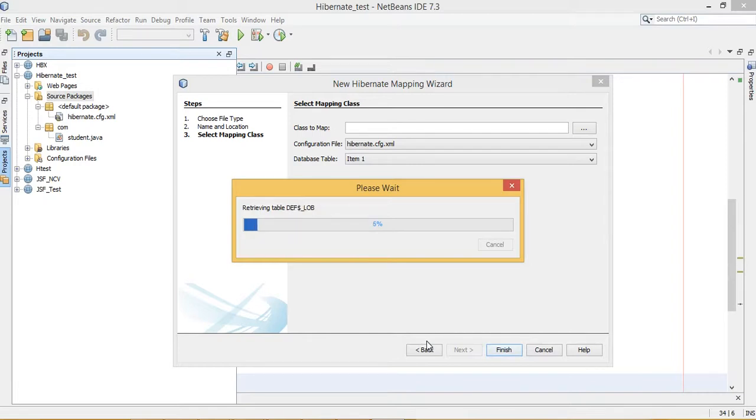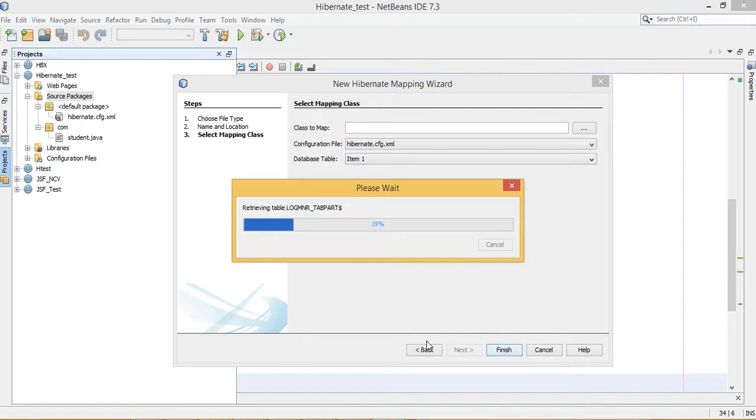Just wait for 1 minute. So it is fetching all the columns, tables, procedures and triggers available in the Oracle database. It takes a little time, right?